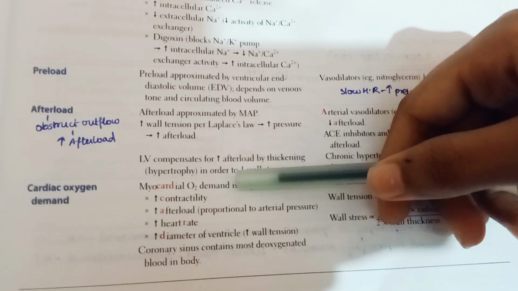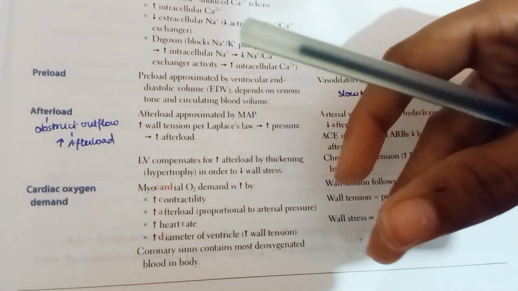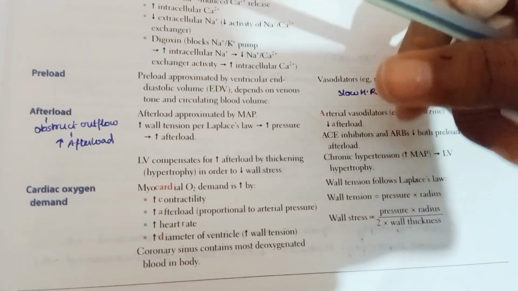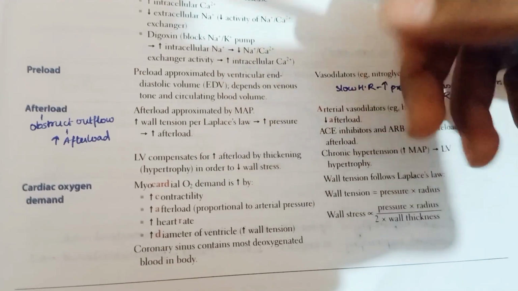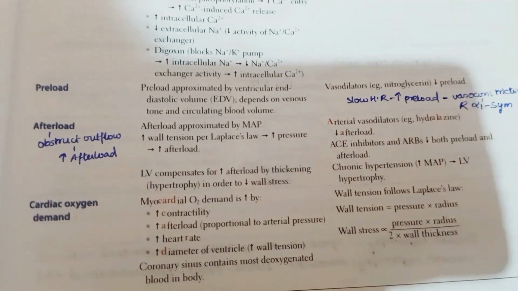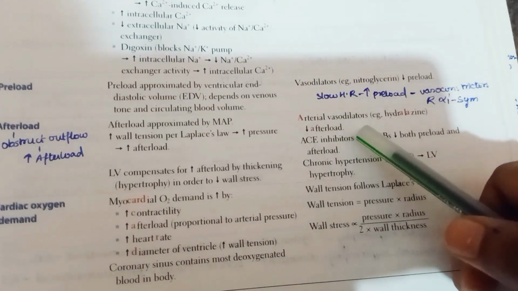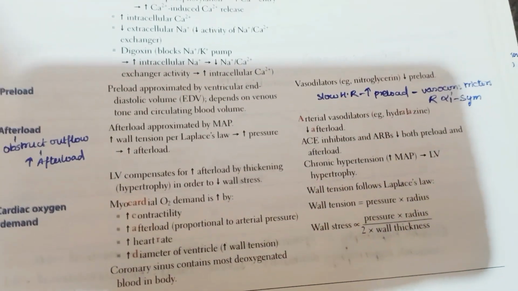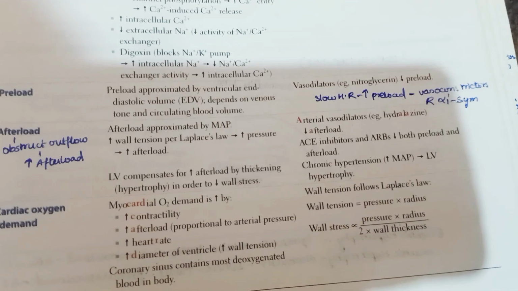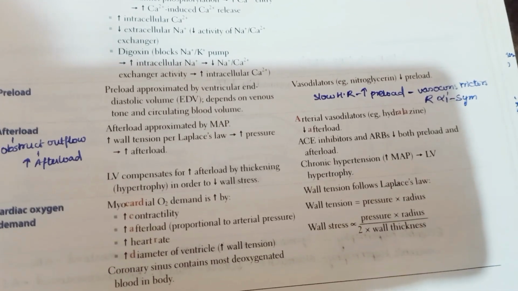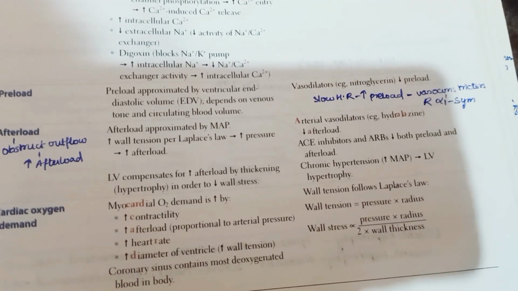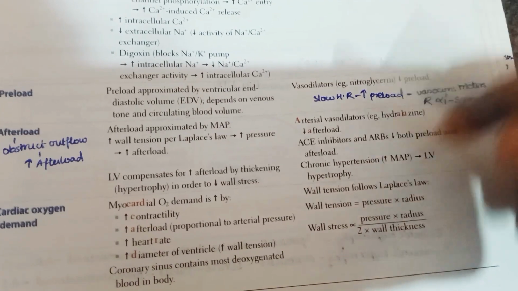So it will compensate by thickening the wall of the heart. That is nothing but hypertrophy. So there is hypertrophy in order to decrease the wall stress whenever there is more afterload. Arterial vasodilation decreases the afterload, of course. Whenever there is vasoconstriction, there is more afterload. Whenever there is vasodilation, it is now very free for the heart to pump the blood, so there is decreased